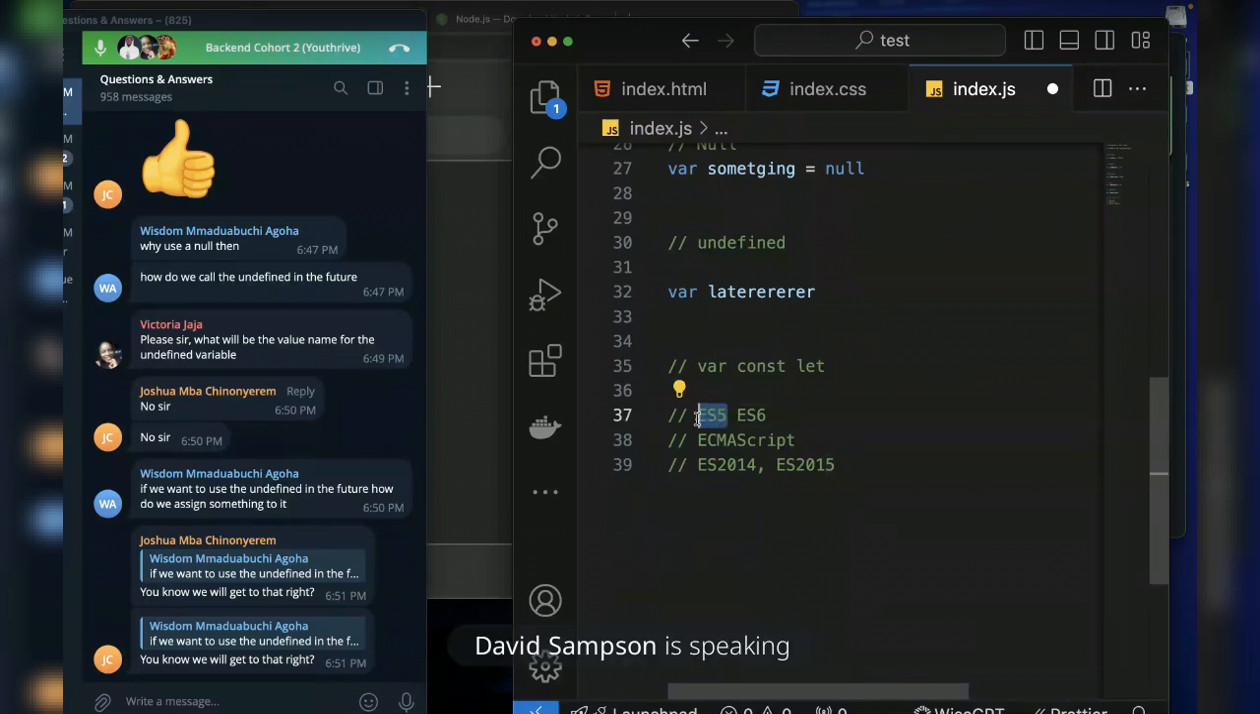ES5. So the var keyword comes with ES5, but it has some limitations. It has some faults, some things wrong with it. Now, it doesn't mean it will not work. It will work, but it has some limitations like that. And one of them is what I would like to explain with a household